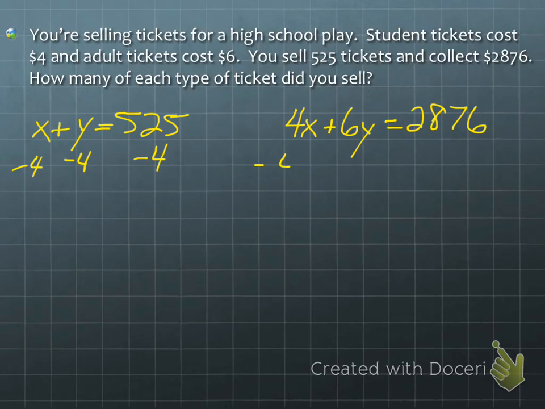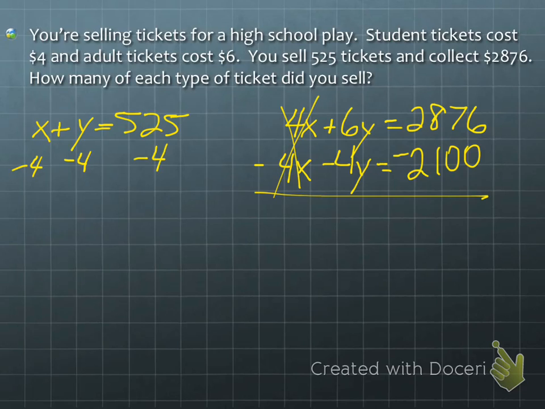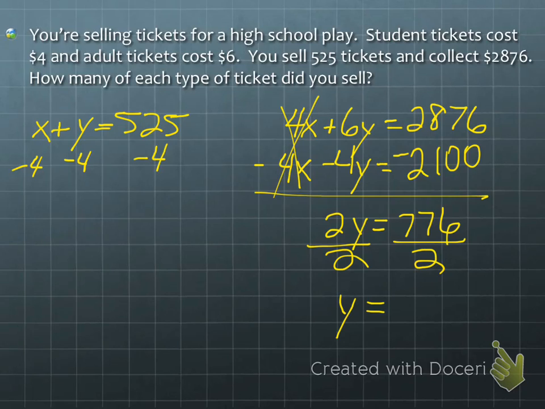So I get negative 4x minus 4y is equal to negative 2,100. My x's cancel out. I have 2y is equal to 776. Then I divide both sides by 2 and get y is equal to